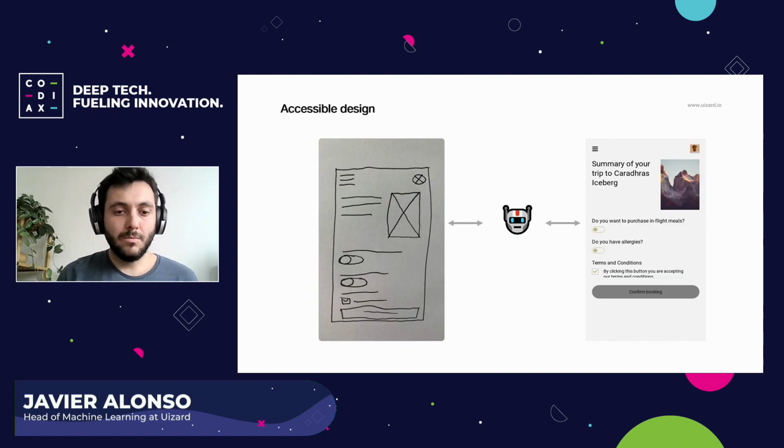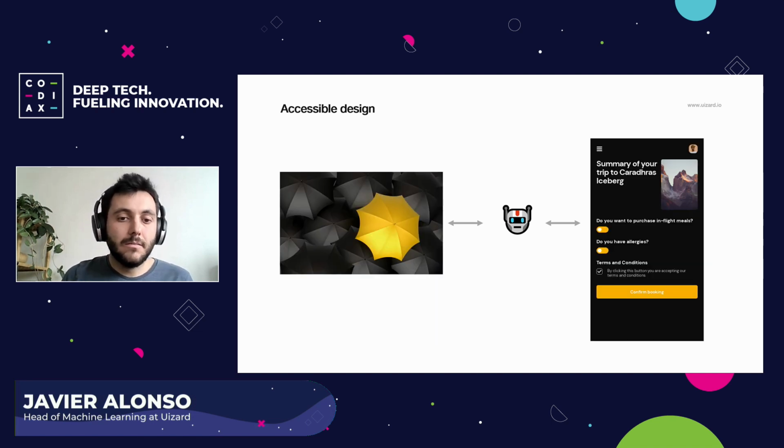And this is all possible because we now have the technology that allows us to go from what used to be just some rough sketches, some lines on a piece of paper, to an actual prototype that a designer can make, or just some images of umbrellas into an actual good-looking theme.